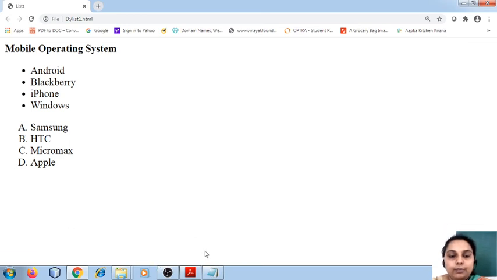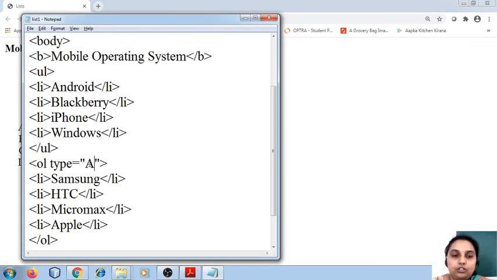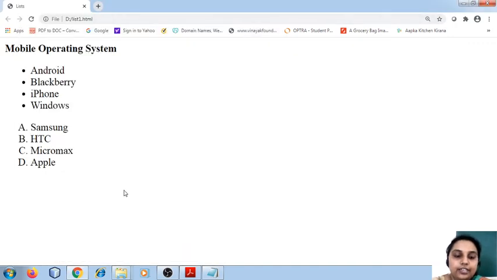If I don't want uppercase, I can even use lowercase. You can observe that from uppercase it is changed to lowercase. The most important thing to remember in the case of an ordered list is that the order of the list items is very important.